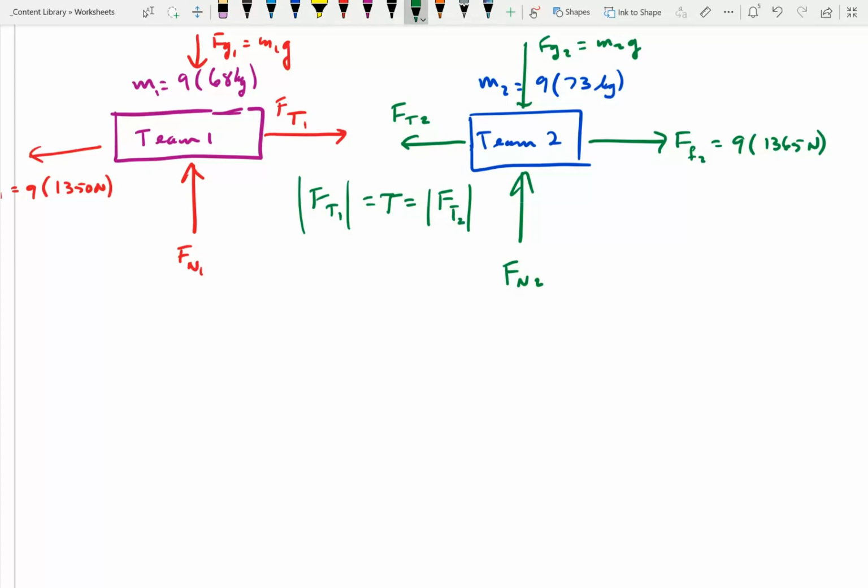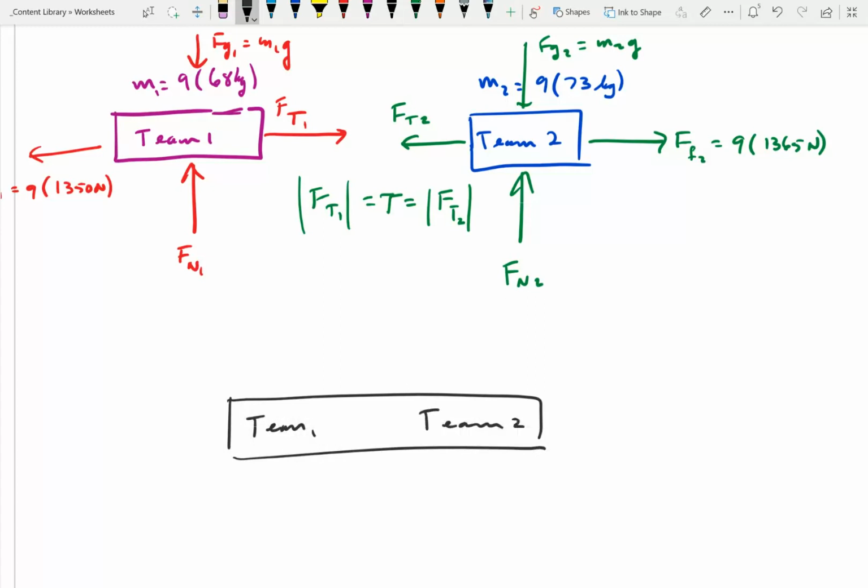So here I have the diagrams for each team. But let's look at the instructions, because I think I'm supposed to start by considering both teams. Yes. So it says to draw for both teams. So here's both teams. They have the internal force of tension that's adding up to 0 because it's now internal. Based on what we wrote above, you can see that if force tension 1 and force tension 2 are both included, they add up to 0. And what I have is